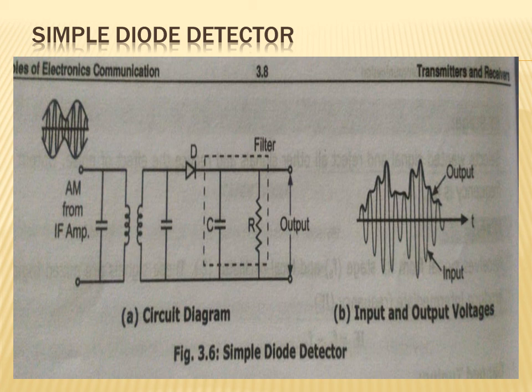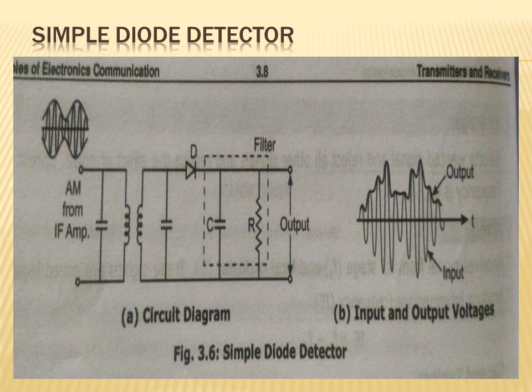For the negative half cycle, the diode is reverse biased, that is off, so the capacitor discharges through R. This charging and discharging repeats for every positive and negative half cycle. This will result in a positive envelope appearing across the output. This envelope is nothing but the approximated value of the modulating signal.